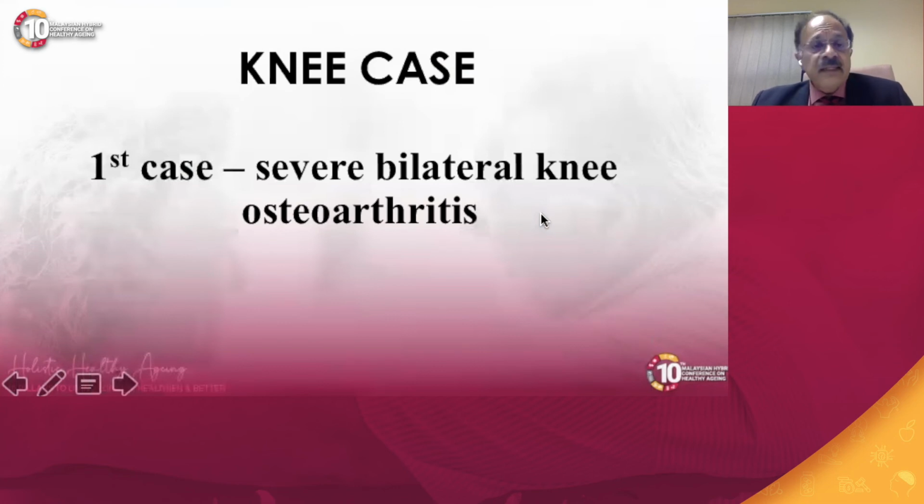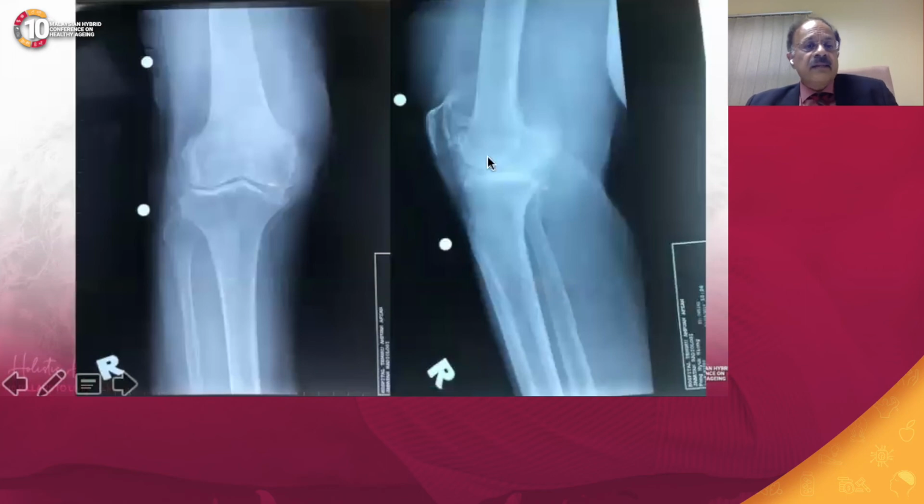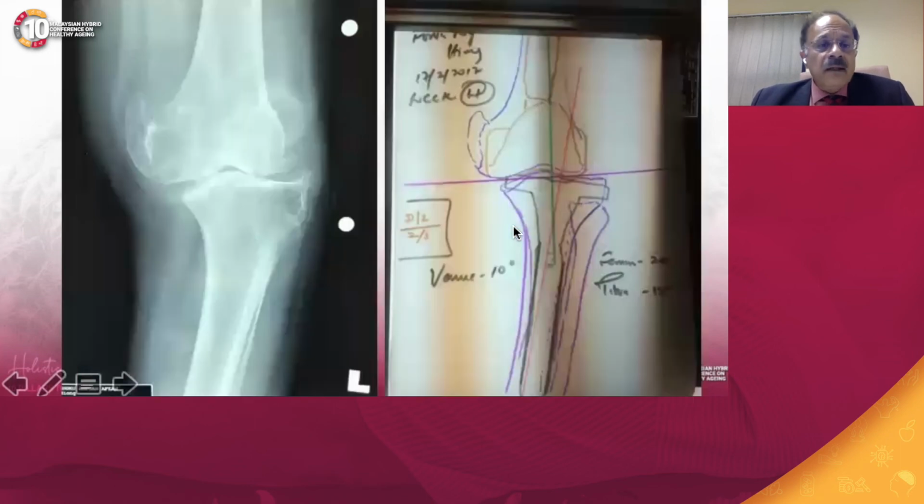Another example is severe bilateral knee osteoarthritis. This is a typical case. You can see how badly deformed the knee is on an AP view and a lateral view on the right side. This is the left knee, also severe, with extensive osteophytes. Now, this is what I meant by templating. We draw it off on a board